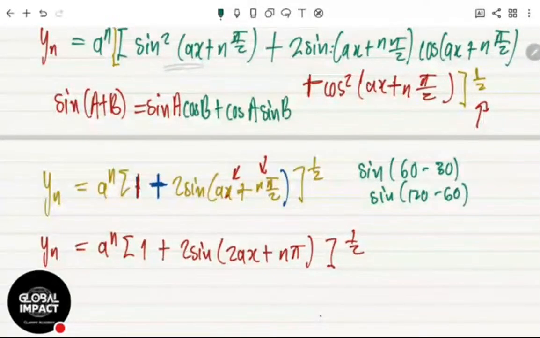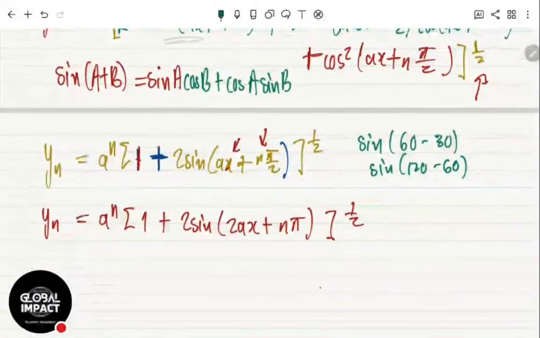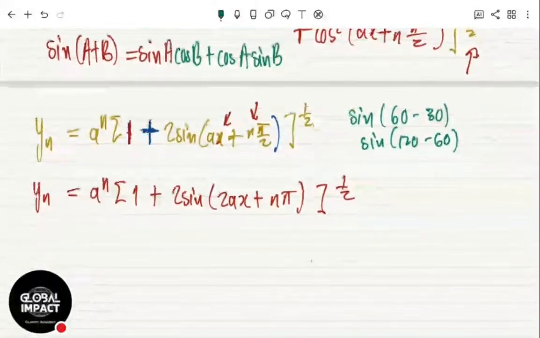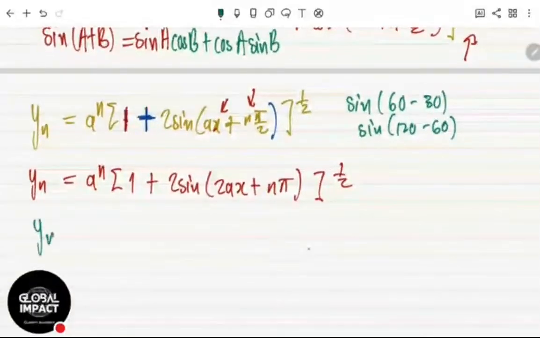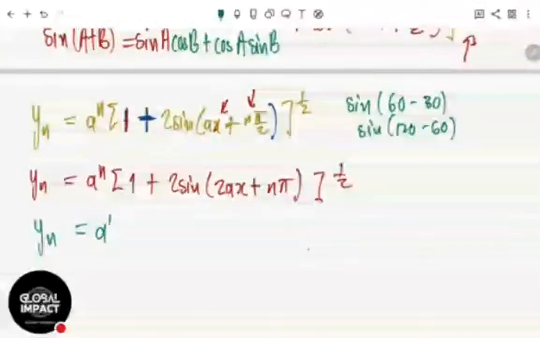If it's the same, then you know it's correct. You can double them both. Now what would happen is yn now becomes a to the n. We are finishing it up. Isn't this O raised to the power of half? Now we are finishing it up because there's something we know.